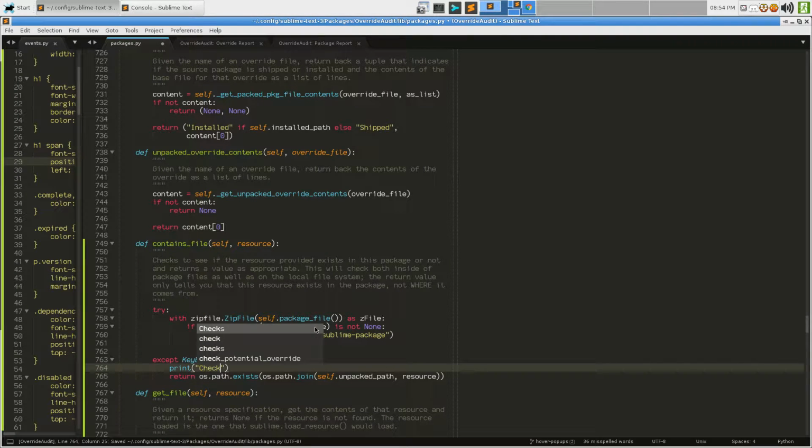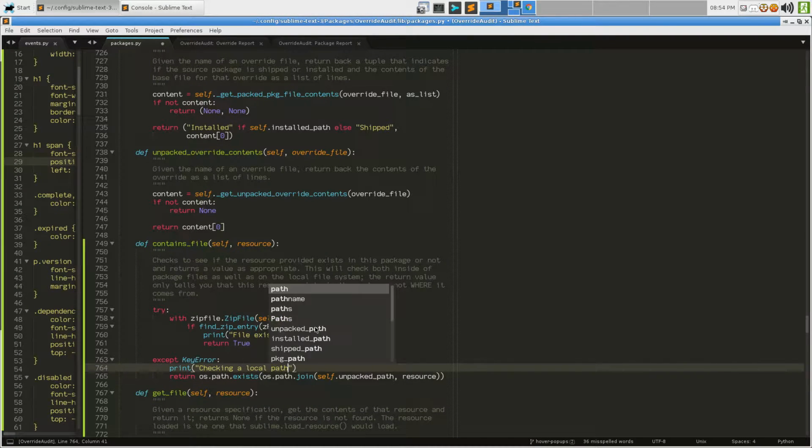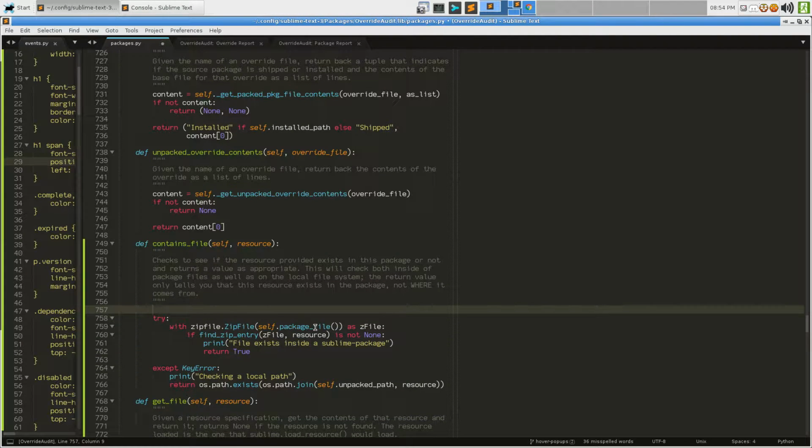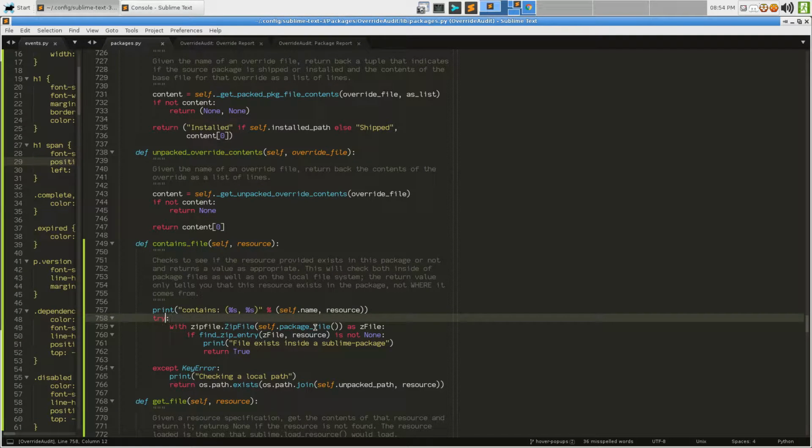Print checking a local path, just so we know how that goes. And we will even say here print contains %s, and that would be self.name and a resource, like so. How's that looking? Okay, so if there was a package file,